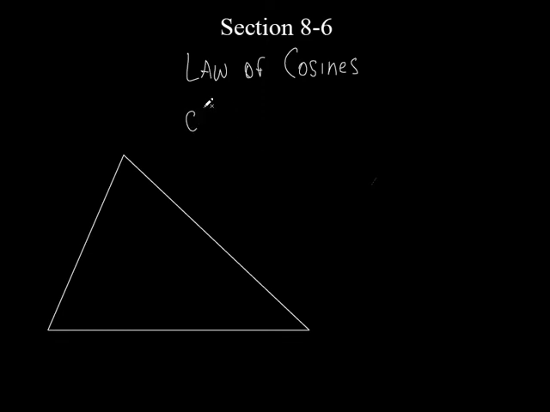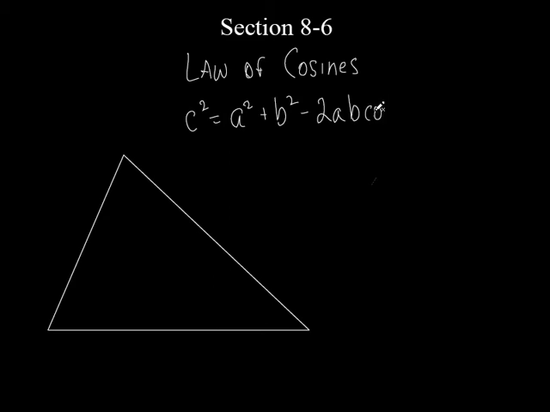Here it is. It almost looks like the Pythagorean theorem. So if I started off with c squared, what's the Pythagorean theorem if I go c squared? Equals what? A squared, what? Plus b squared. Good. That's the first part of the law of cosines. So you know half of it already. You just have to remember the second half of it. So it's going to be minus